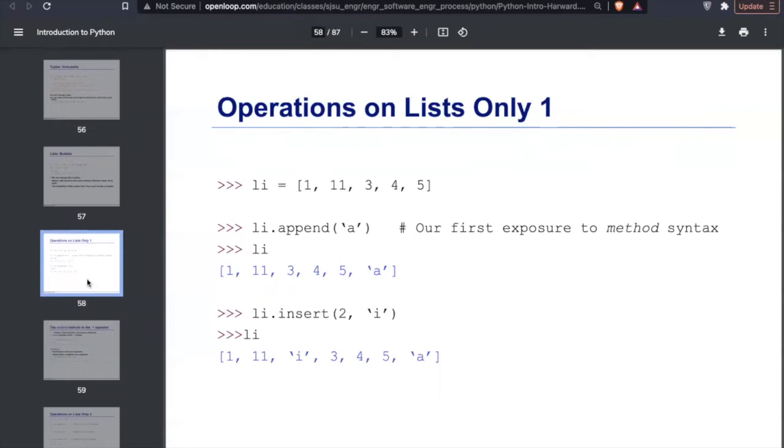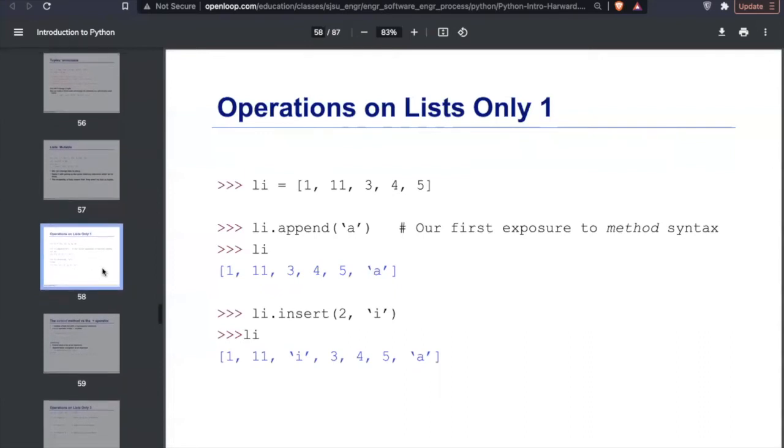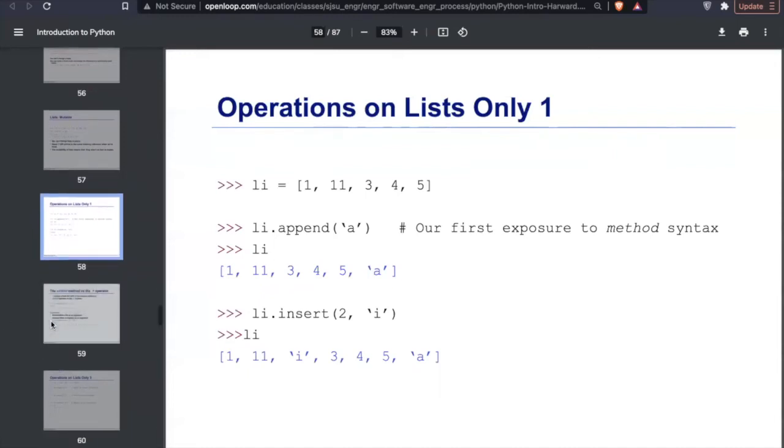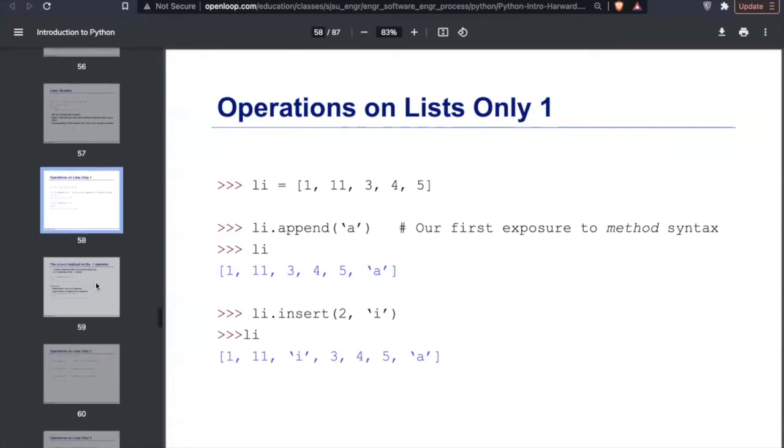The append method appends the item to the end of the list. Whereas if you want to insert an item at a specific index, you can use the dot insert method, which inserts the item at the specific index.